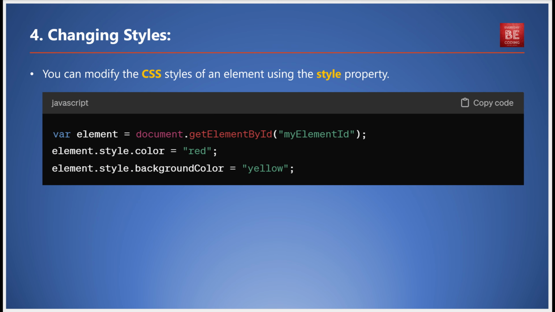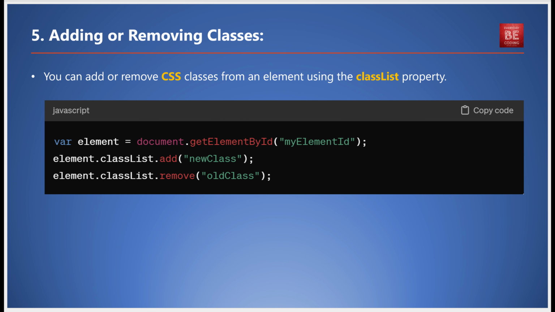Now, what if you want to modify the CSS styles of an element? The style property is your friend. Here's how to do it: var element = document.getElementById('myElementId'); element.style.color = 'red'; element.style.backgroundColor = 'yellow';